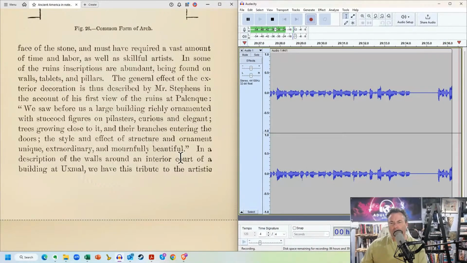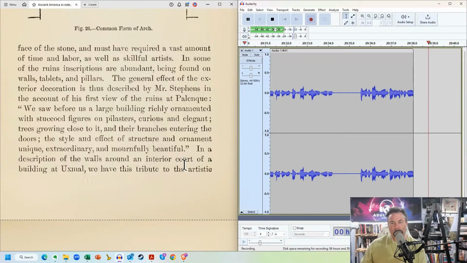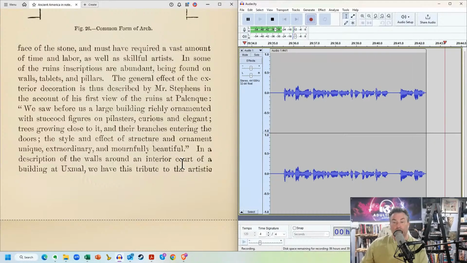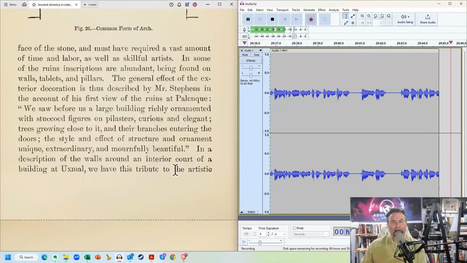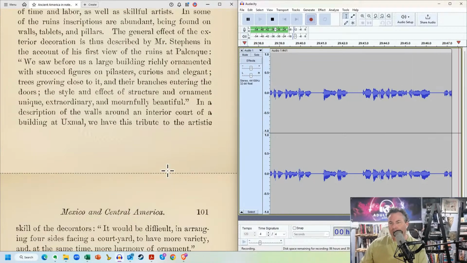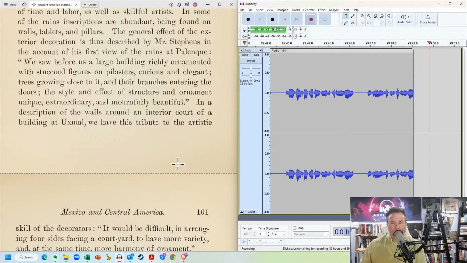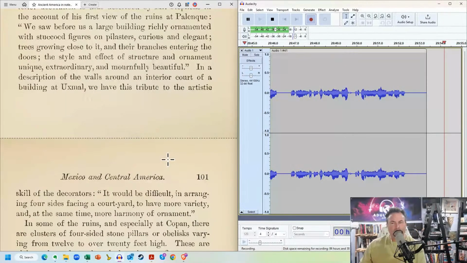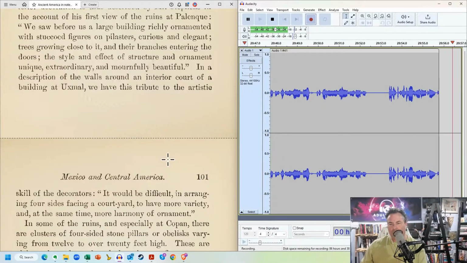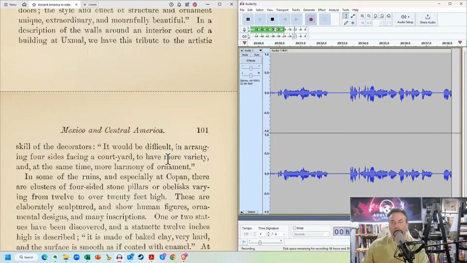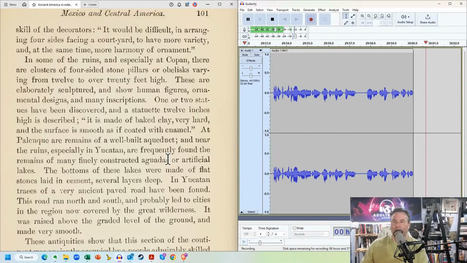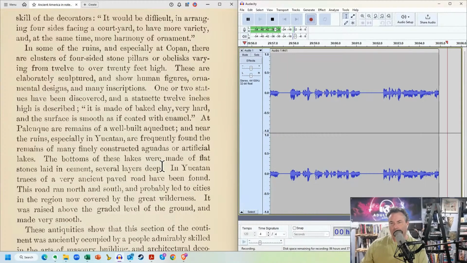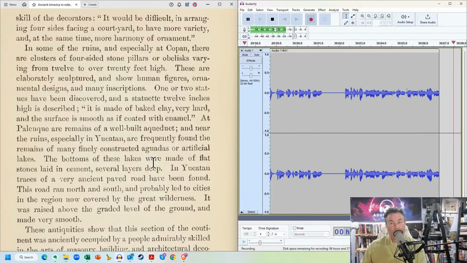"We saw before us a large building richly ornamented with stuccoed figures on pilasters, curious and elegant, trees growing close to it and their branches entering the doors, the style and effect of structure and ornament unique, extraordinary, and mournfully beautiful." In a description of the walls around an interior court of the building at Uzmal, we have this tribute to the artistic skill of the decorators. "It would be difficult, in arranging four sides facing a courtyard, to have more variety and at the same time